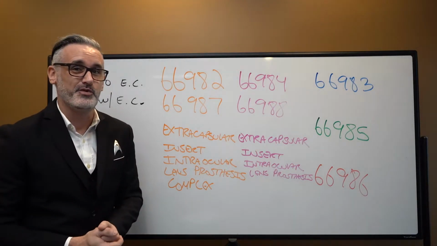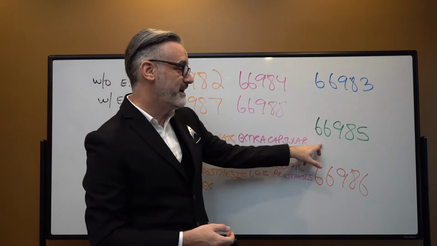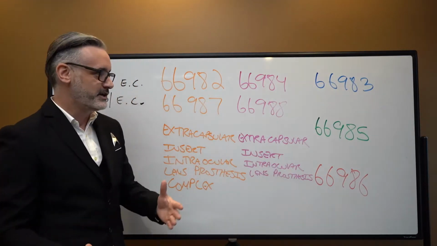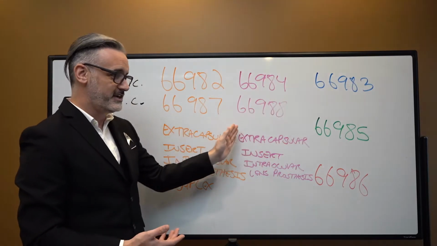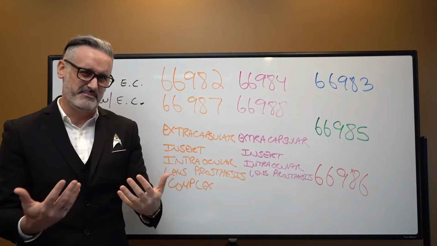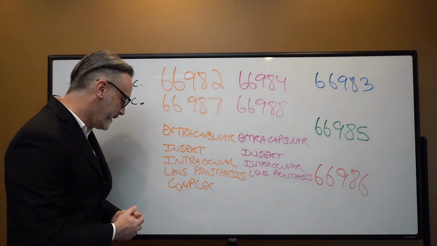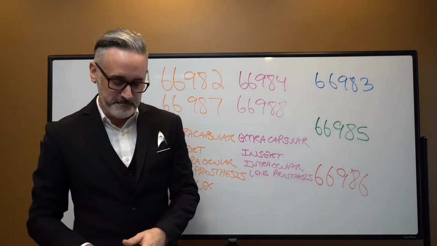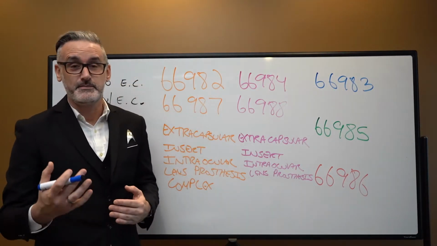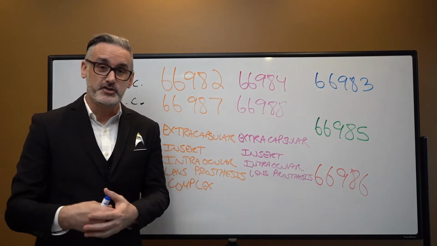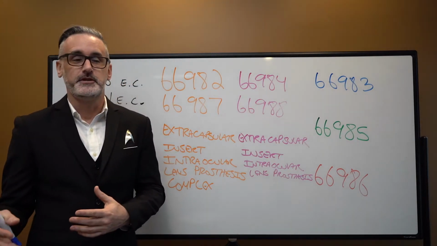Because spoiler alert, we're going to see in a few moments how 66985 is intracapsular. So it goes extra, intra, extra, intra. I personally don't like that yo-yoing back and forth, but that's how the doctors do the book. And so with the cataracts, they can either be just location, they can be extracapsular or intracapsular for the types